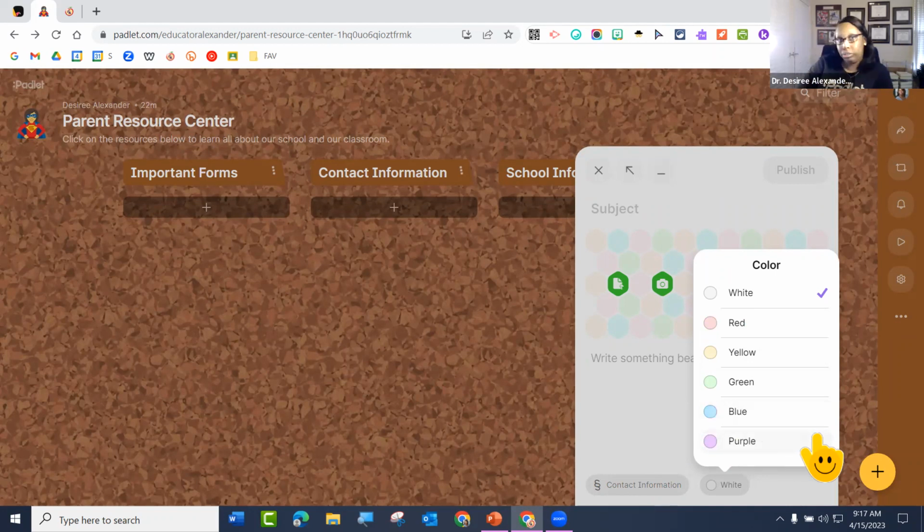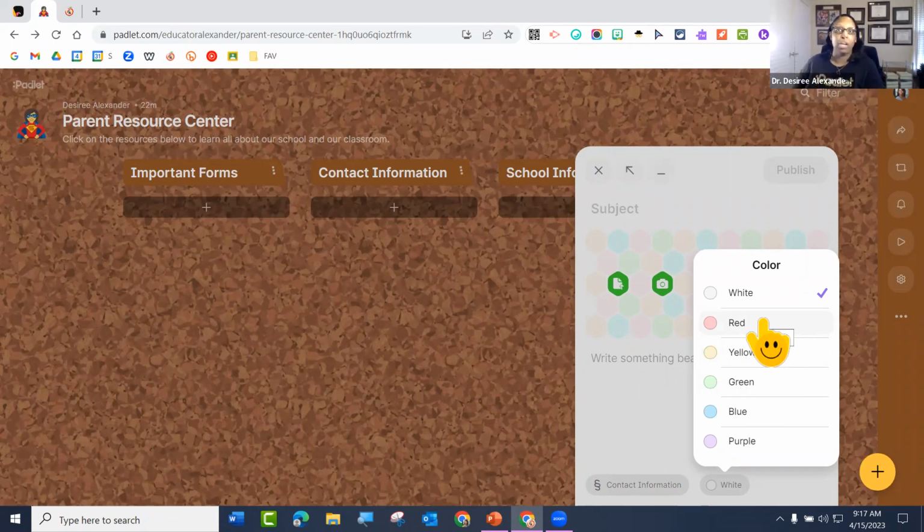But what I have a lot of teachers doing, I usually talk about this in templates, is they may say, if your comment is fill in the blank, choose red. If your comment is fill in the blank, choose yellow. So you may say, if your comment is a pro about what we're talking about, choose green for go. If your comment is anti what we're talking about, choose red for stop, right? So then now it's color coordinated. We can see on the screen who's choosing red, who's choosing blue, so you can color coordinate the responses that your students are giving.